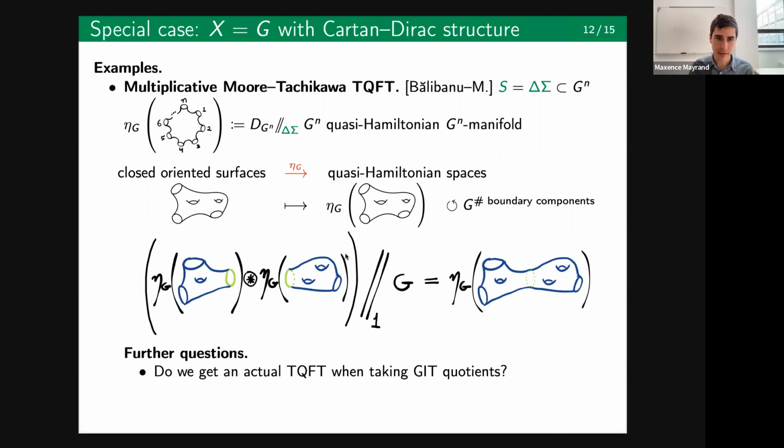But the only thing remaining is to get an actual TQFT, we have to take the GIT quotients. This requires showing that certain rings of invariant polynomial functions on these affine varieties are finitely generated, an interesting question for the future. If we do all this setup, but with the GIT quotients instead of regular quotients, we should get an actual topological quantum field theory. What we have described here is some kind of open sets of these GIT quotients.